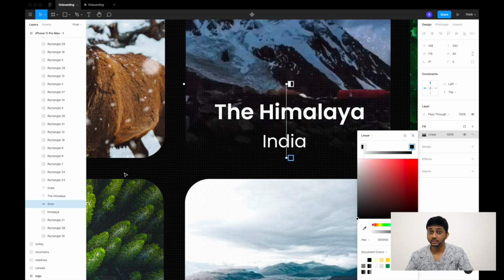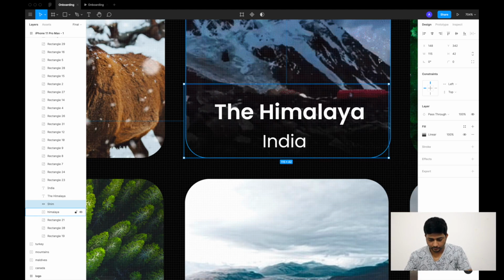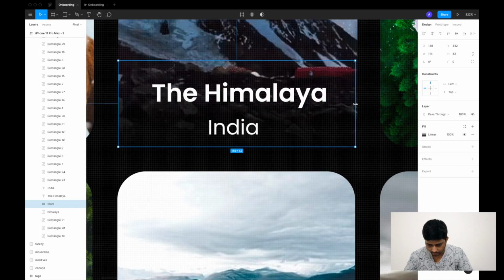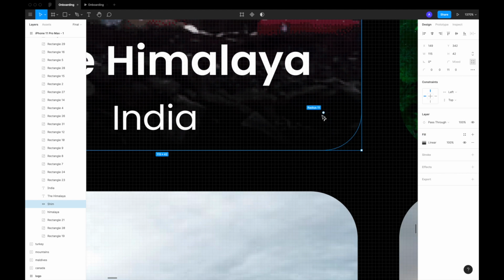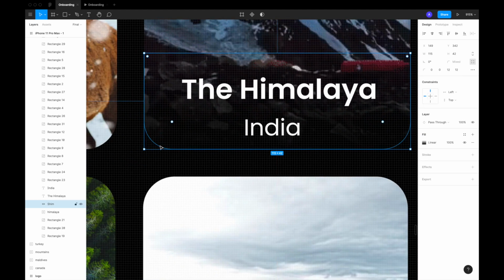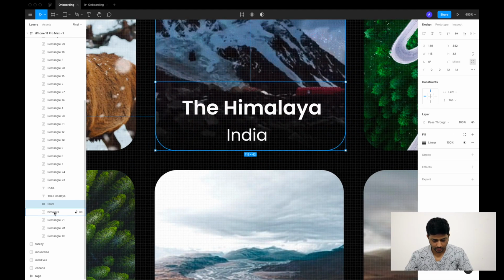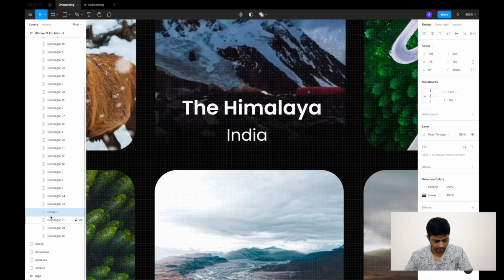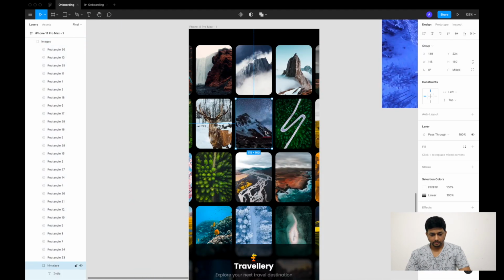Okay, so that the text is visible, and we want this shim to have the exact same dimension as the rectangle below. So I think this is it. What I'll do is I'll just quickly group all my elements including the GIF together, and I'll call it Himalaya. Yeah, perfect. So guys, this is our first GIF element that I have already placed.